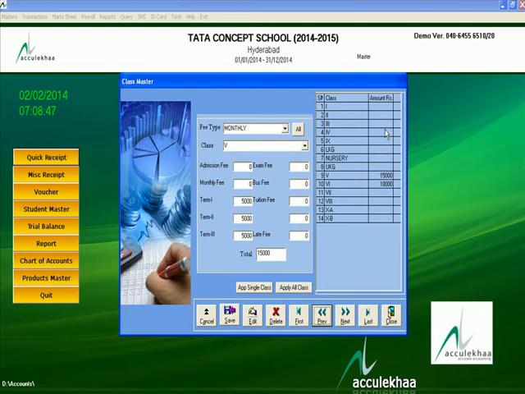And once you define the fees for all the classes and create all the classes, then this window option is over, and this option you have to use only once a year, at the time of a fresh academic year only,